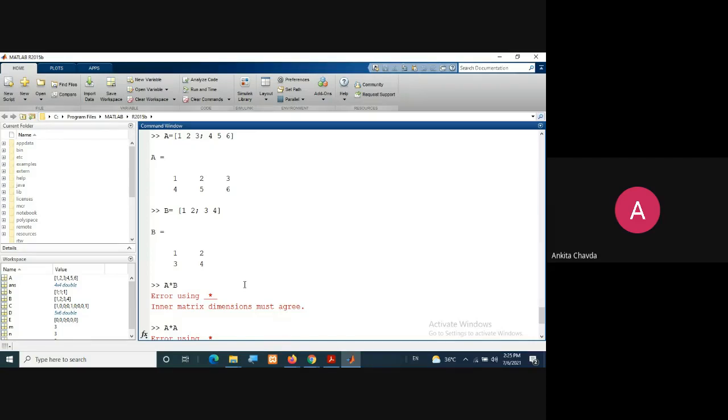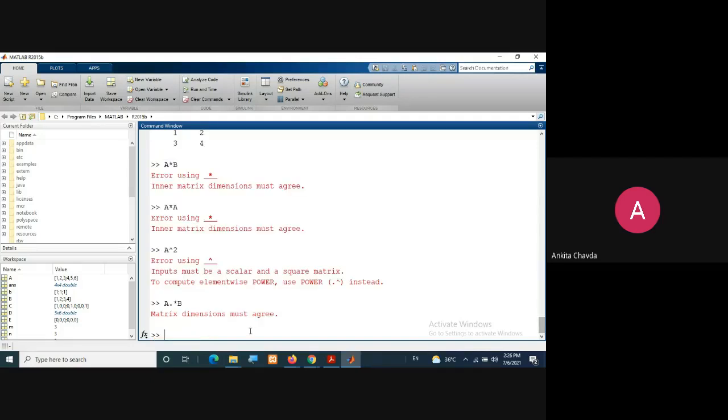Why? Because it will do element wise multiplication. So this 1 will be multiplied by this 3 with this 4, this 2 with this 2, this 5 with this 4. But what about this 3 and 6? So at least you can take the same dimension. Suppose for A it is fine. For B, I'm taking,